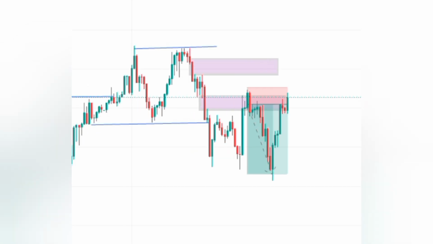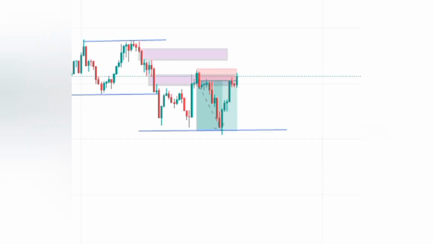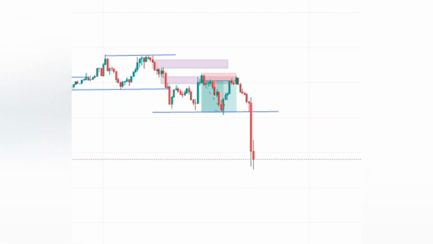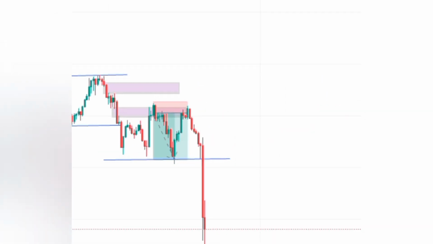Now it created this low, right? It created this low. Now this is the lower low that we can wait to be broken, and when that low is broken, we shall do what? We shall say yes, now we are still bearish. Yes, now the market has started going down, right, and leaving these fair value gaps